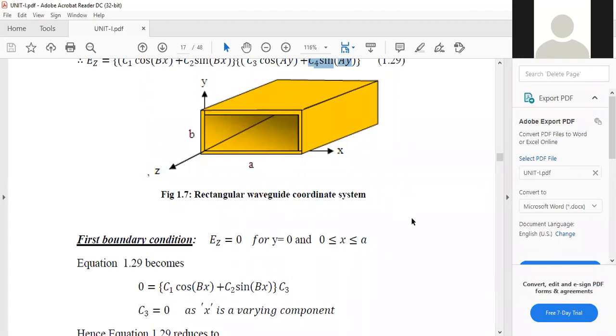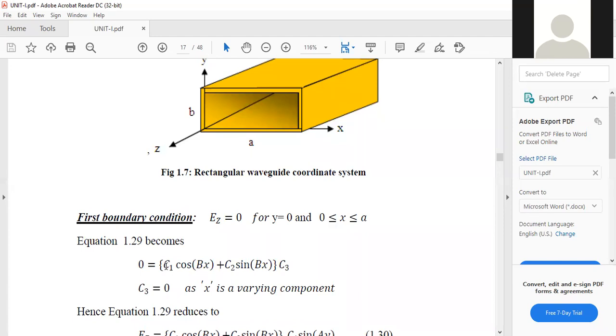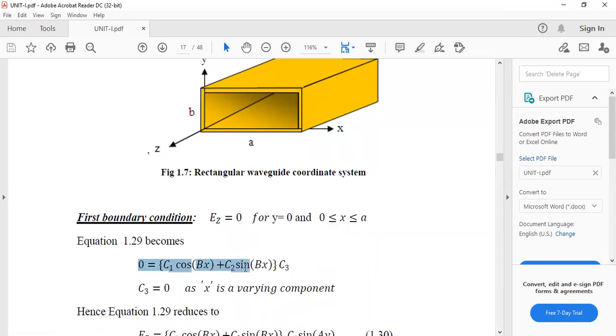Yes. Right. Now we put 0 equal to the above equation. The equation becomes 0 equals (C1 cos bx plus C2 sin bx) times C3 times C4, so C4 goes to 0 here. Now x is a time varying component, so this product is 0, and this is non-zero, this is non-zero, this is non-zero, but the product is 0. That means automatically C3 is equal to 0.